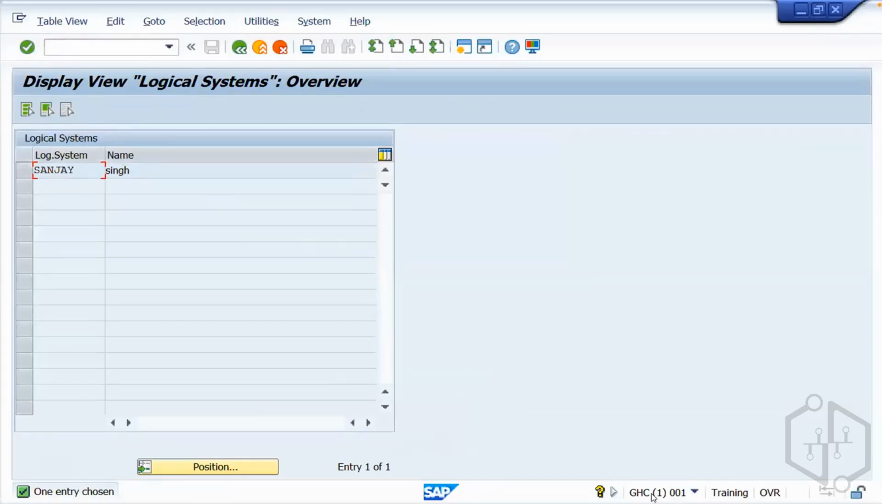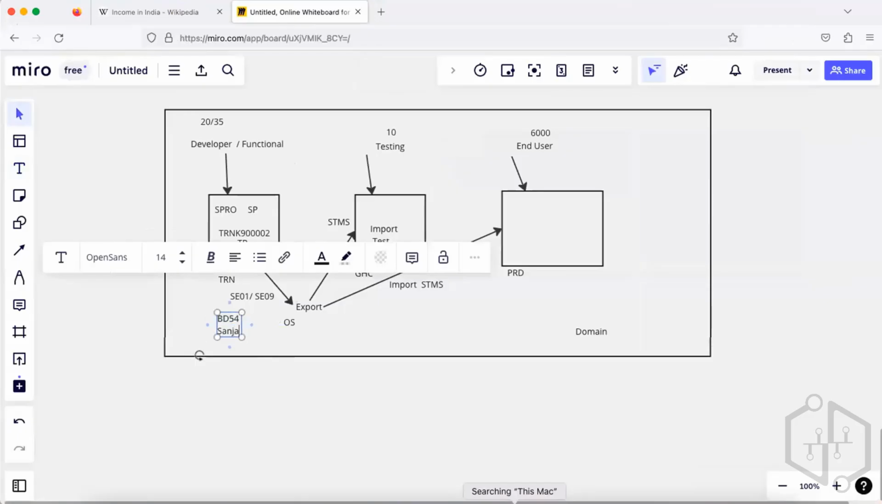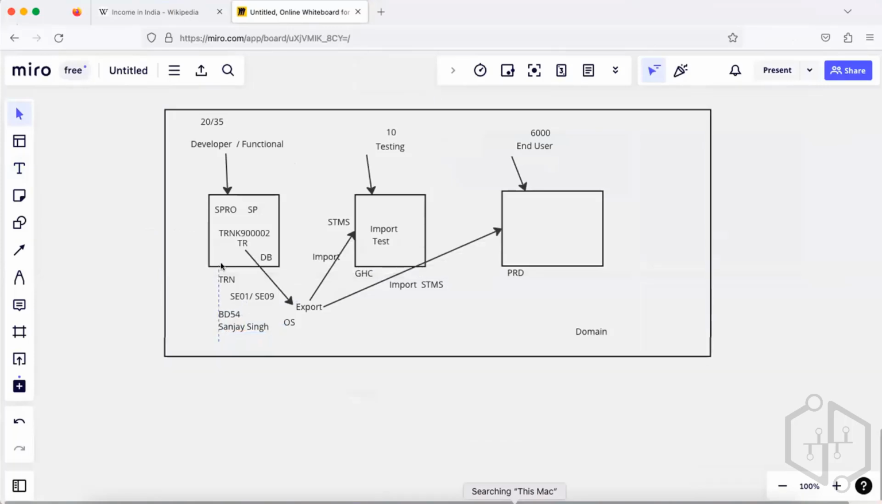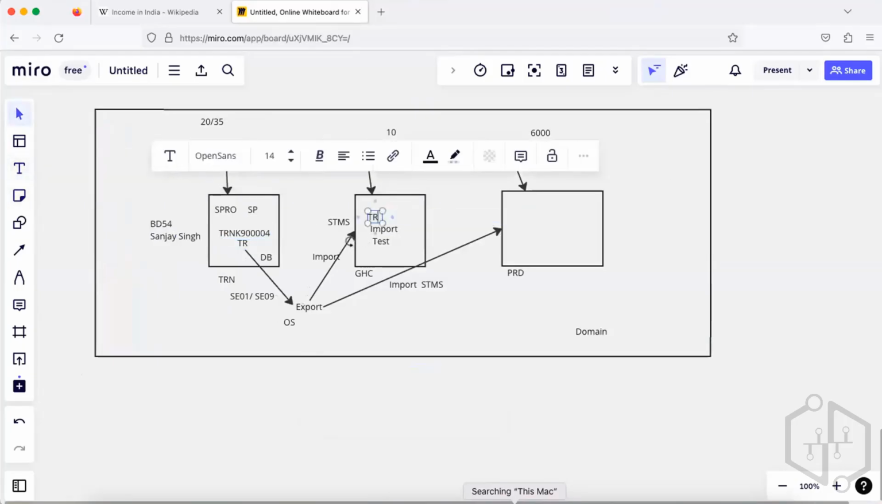I have not manually done it in the GSC system. I have done it in the TRN system. In the TRN system, BD54, I have written Sanjay Singh. I have made some entry there, and I have recorded it into a transport request. I exported and I imported. When I imported the transport request TRNK9000004,